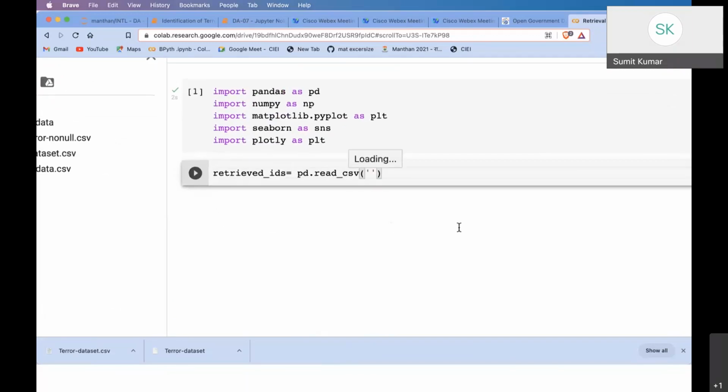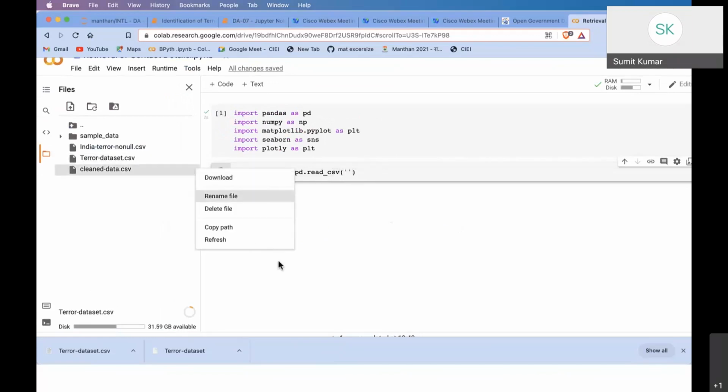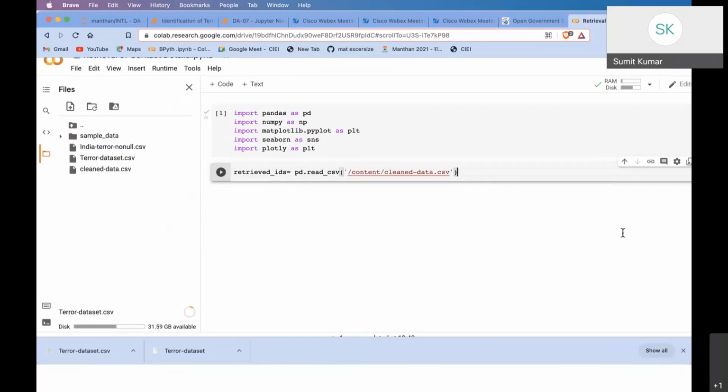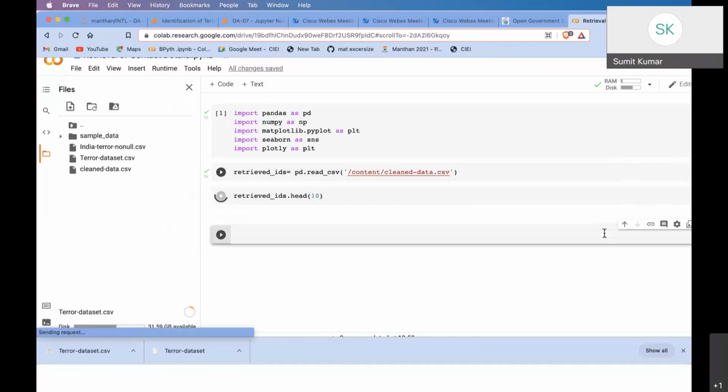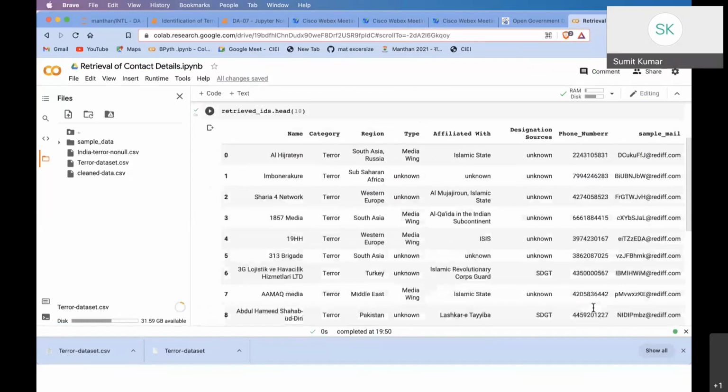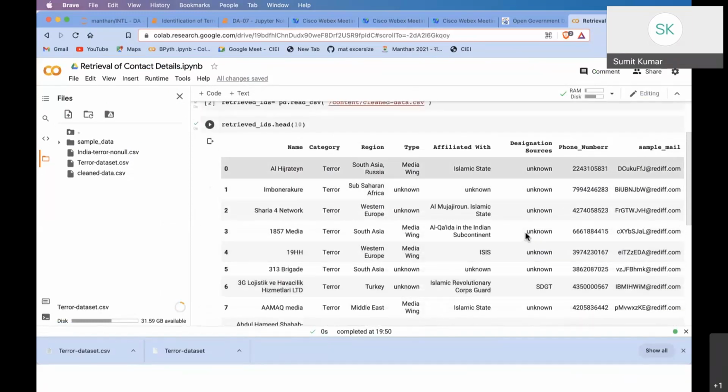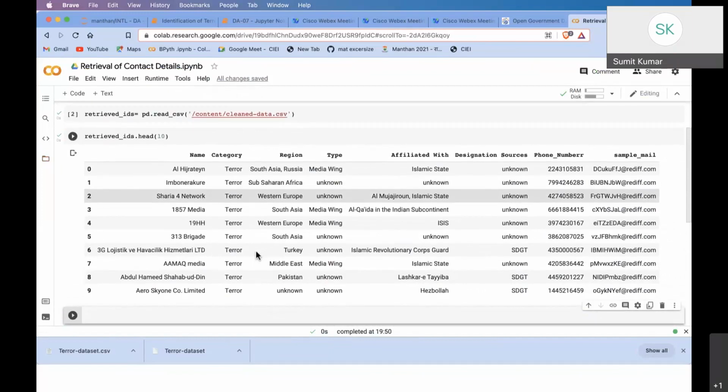Okay, so I would be taking this clean data. Yeah, and it's loaded. You can see now how fast the data is being loaded. So for retrieved IDs, I'll show you a head of 10. One second, yes, I should close this one. Yeah, so as you can see now,